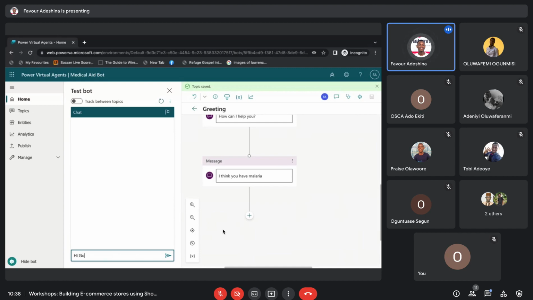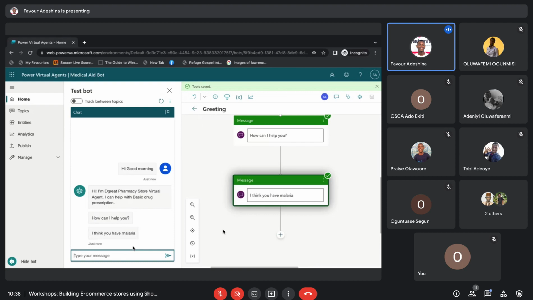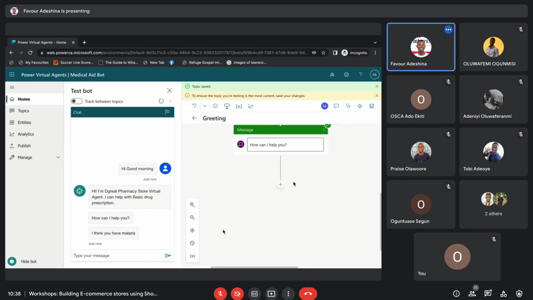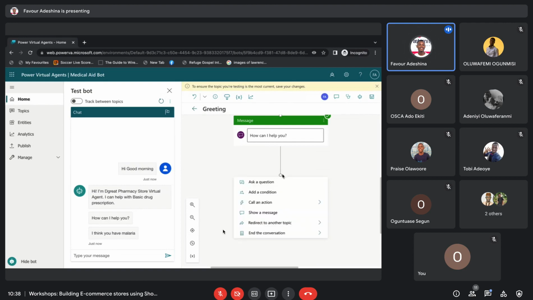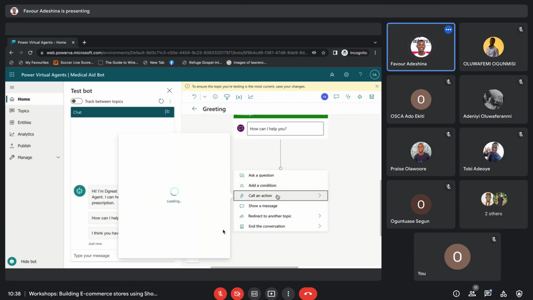So hi, good morning. I did this last night and it works fine. Something is wrong somewhere. Okay, it's a connection.